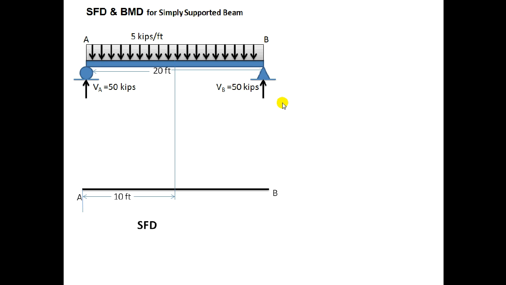Now I will draw the SFD. First of all, find out the VA. VA is the reaction. VA is equal to V1, the shear force at A is equal to the reaction at A,